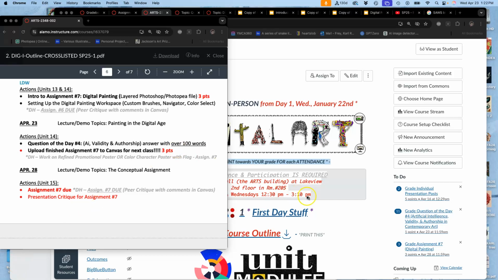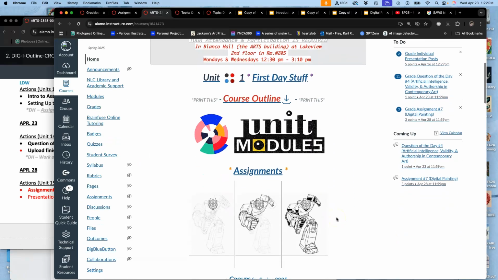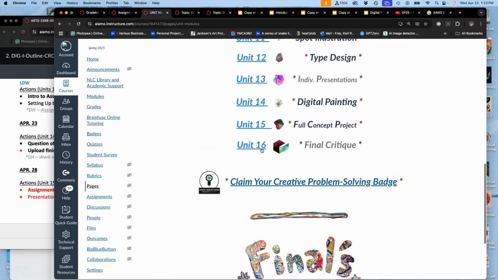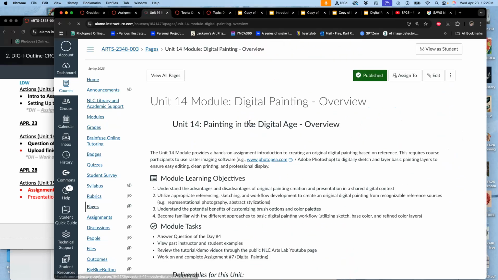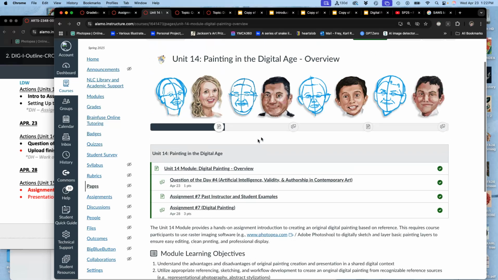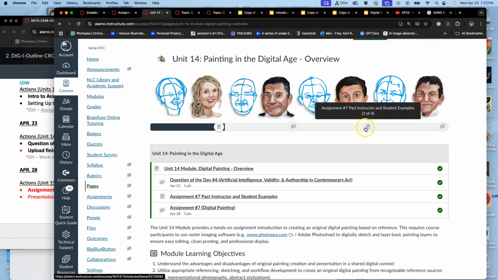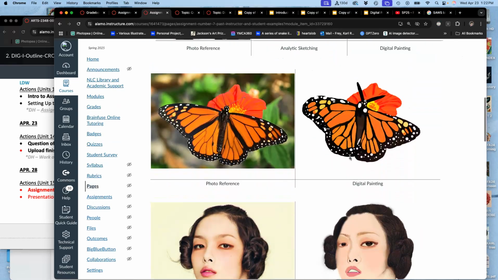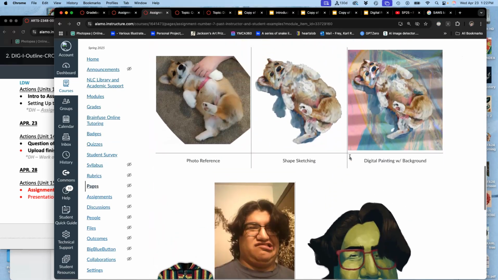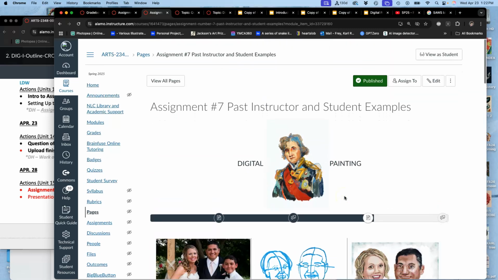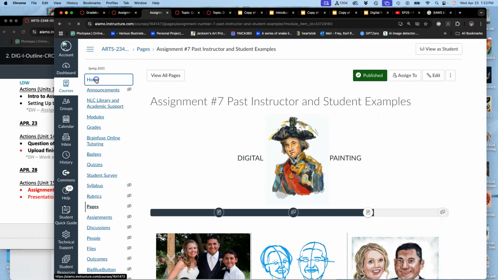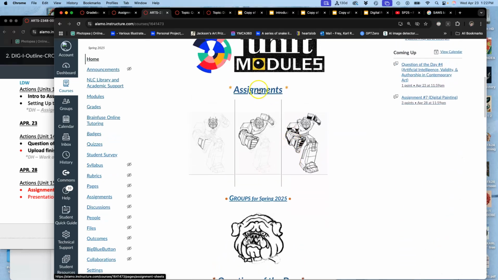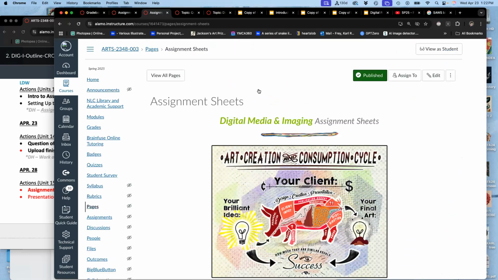All right, continuing with assignment 7. We can work through the unit module. You'll see the question of the day, our last question of the day in the unit module. It's unit 14. And you'll see past examples. You can do a person from the shoulders up, or you can do an animal head to toe on just a white background. But if we go to assignments, which is where all our supplemental materials are, our helpful resources,